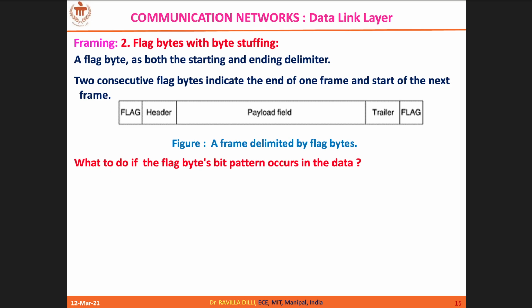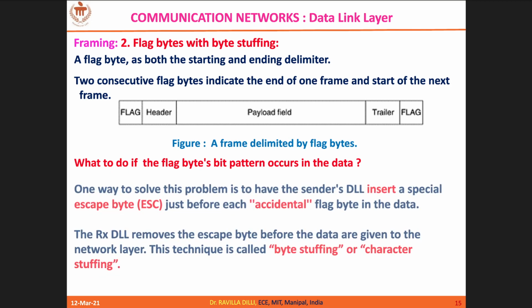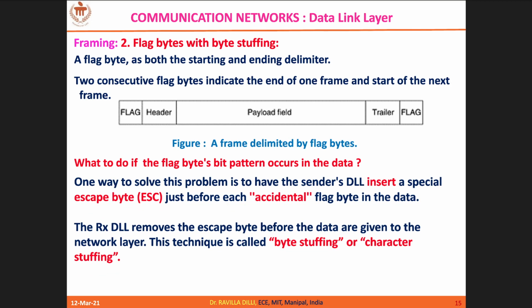There are chances that it will be misinterpreted as a flag. That means end of the frame at the receiver. When you are extracting this frame, the 0610, which is actually payload, can be misinterpreted as a flag, so that indicates end of the frame. Correct? So now what we should do is go for something called an escape character.